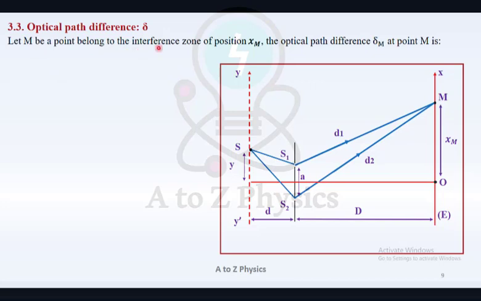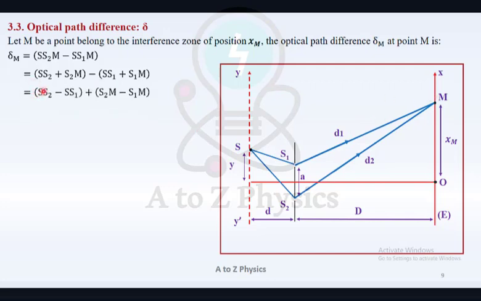Let M be a point belonging to the interference zone of position xM. The optical path difference delta at point M is the difference between the two optical paths SS2M and SS1M, which is equal to SS2 plus S2M minus SS1 plus S1M, equal to SS2 minus SS1 plus S2M minus S1M,